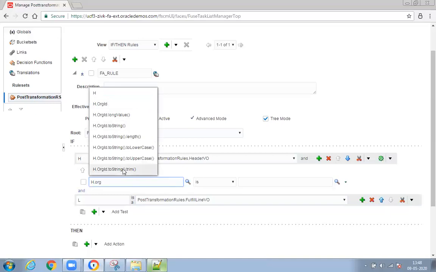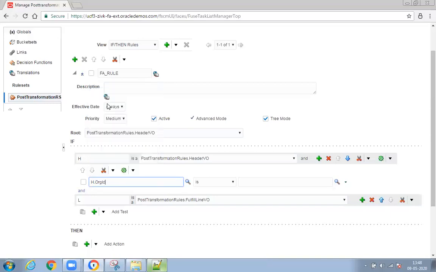Name is not available. As I know, name is not available. So we have to go with IDs only. Is equal to, you have to find out what is the business unit. So if you want to find business unit, you have to execute from backend. Let me connect to BI Publisher.